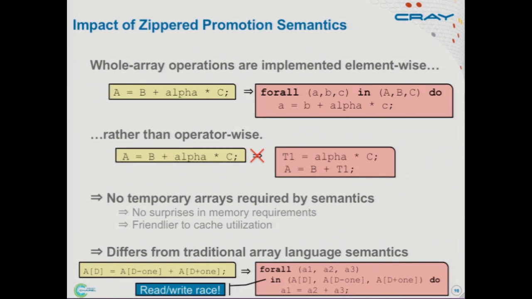But again, if you're thinking in terms of array language semantics, this is a way in which these zippered semantics differ. If I have a compiler optimization that relies on, for example, inserting a temporary array, have I disabled the ability to write that operation? I guess the way I would say it is that the language is designed so that the language never requires the compiler to insert temps. A compiler could insert a temp if it thought it was a wise thing to do. And presumably the compiler should be written such that if at execution time there isn't enough memory for that temp, it has some sort of fallback, because it ought to be a correct program without that temp.